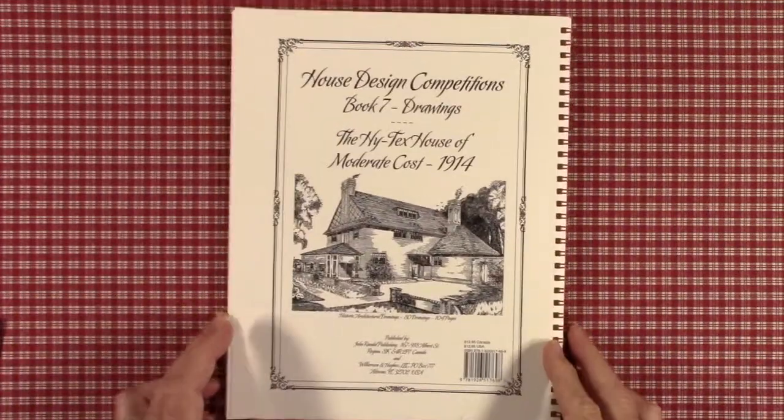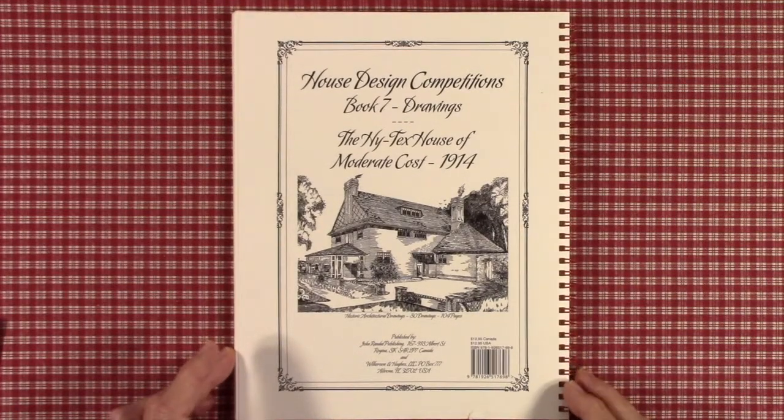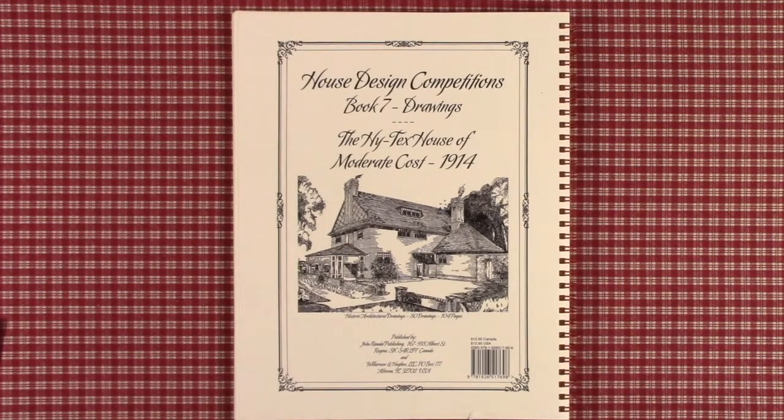Well, that concludes this overview of Book 7 of House Design Competition Drawings. This is 80 drawings, 104 pages. The price is $12.95 on Amazon.com or eBay. And the ISBN code is